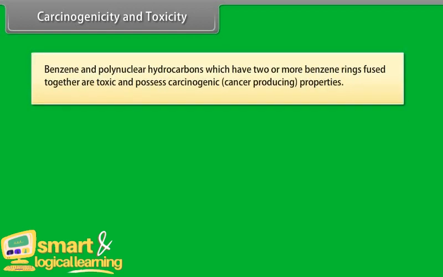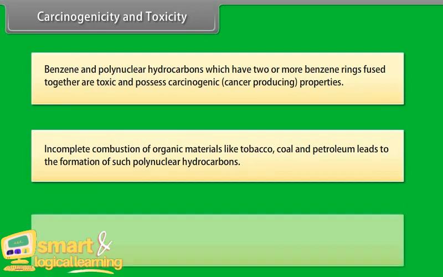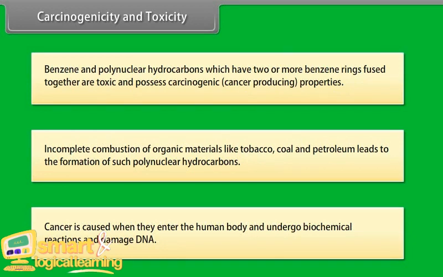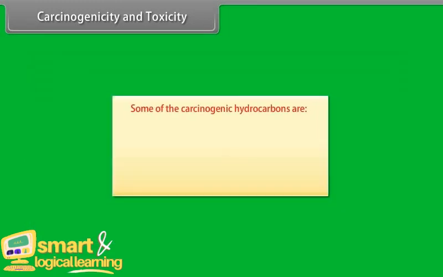Carcinogenicity and toxicity. Benzene and polynuclear hydrocarbons which have 2 or more benzene rings fused together are toxic and possess carcinogenic or cancer-producing properties. Incomplete combustion of organic materials like tobacco, coal and petroleum leads to the formation of such polynuclear hydrocarbons. Cancer is caused when they enter the human body, undergo biochemical reactions and damage the DNA. Some of the carcinogenic hydrocarbons are